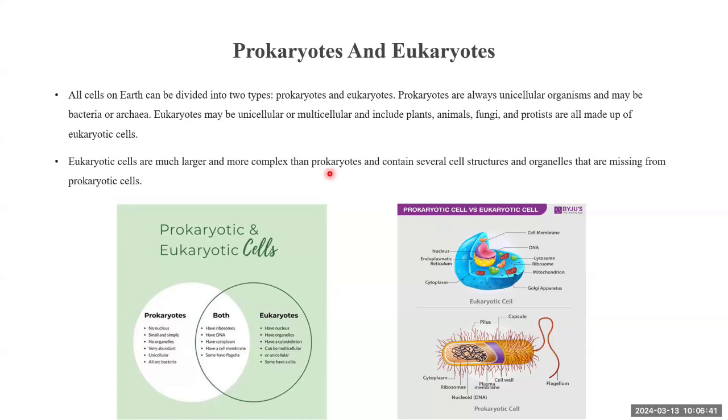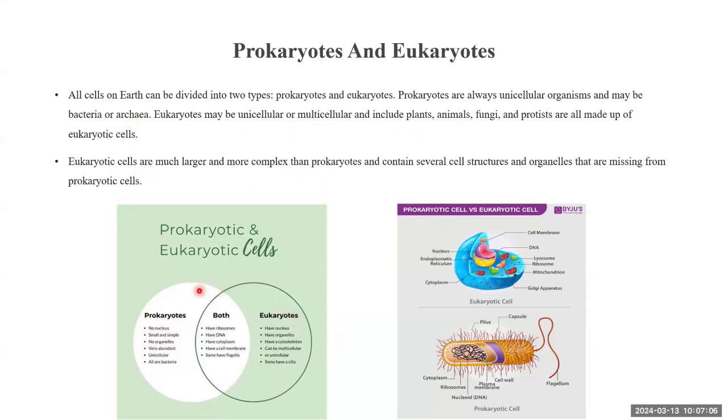So we're going to talk about in detail how they are different. Eukaryotes may be unicellular or multicellular. Unicellular means one-cell based, and multi means multiple cells. This includes plants, animals, fungi, and protists, all made up of eukaryotic cells. And then there are